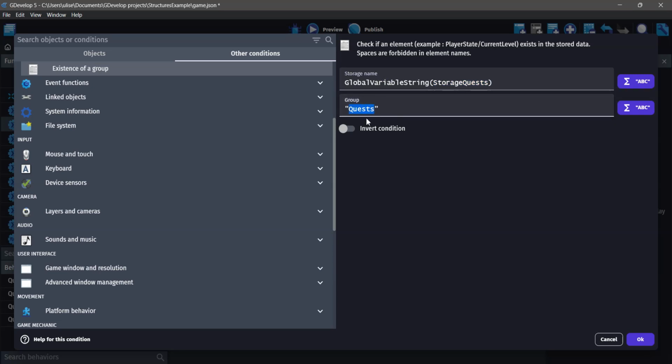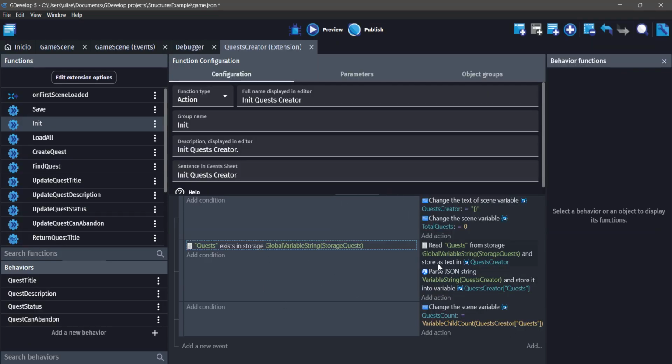We ask the storage if the quest exists. So if it does exist, we load that info into our quest creator, and then we parse that variable in quests here. When you want to create a structure, you can do it this way with brackets or just dot